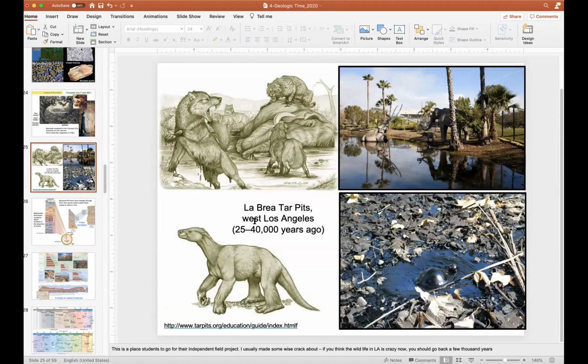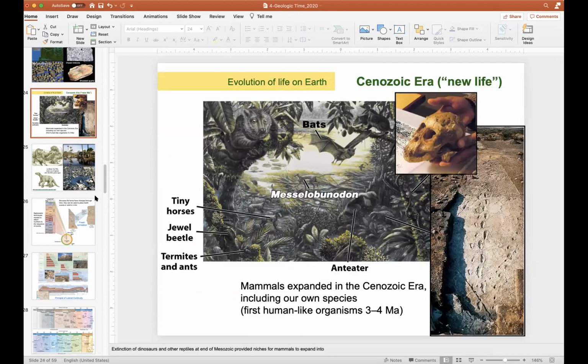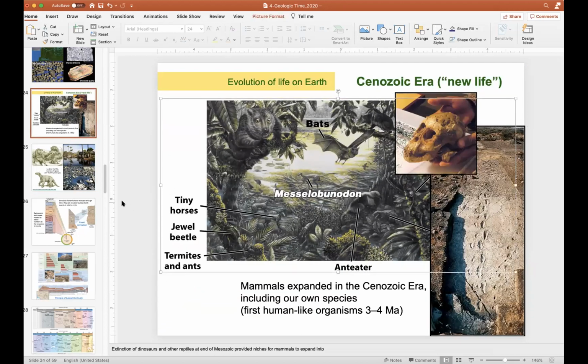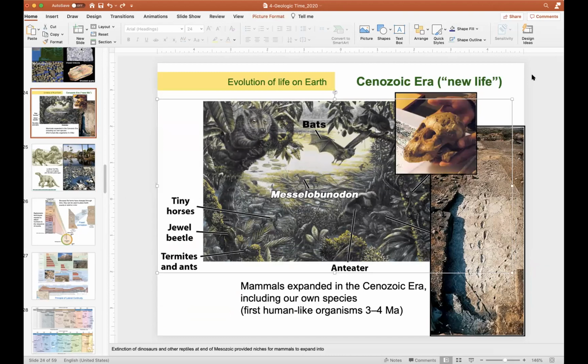Actually, this is the Cenozoic. So in the Cenozoic, after that extinction event, we lost the dinosaurs. Wait, I skipped a slide. Sorry. I thought it was funny that I hadn't introduced the Cenozoic yet. So Cenozoic, new life. This is the younger period of time that starts right after that extinction event, so 66